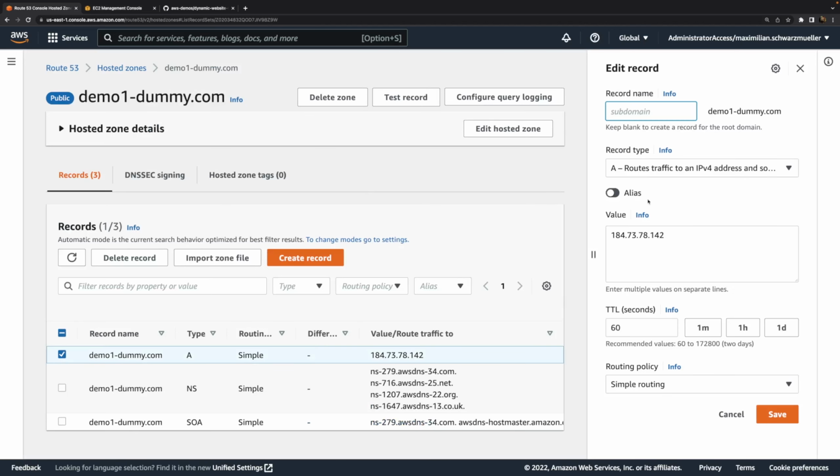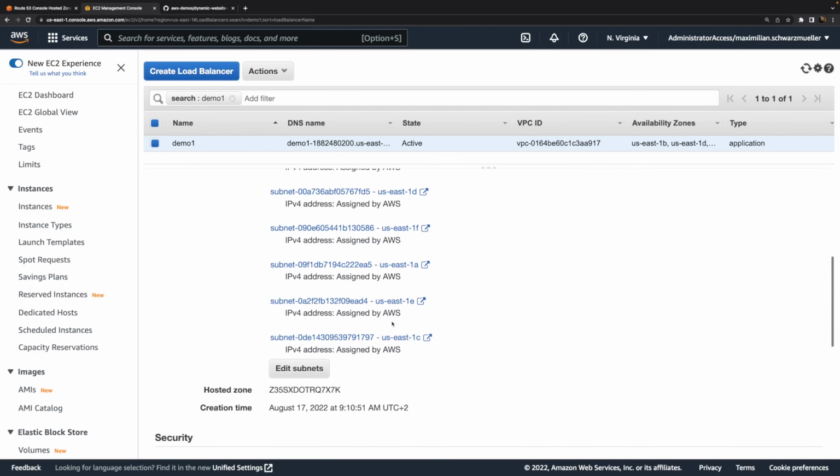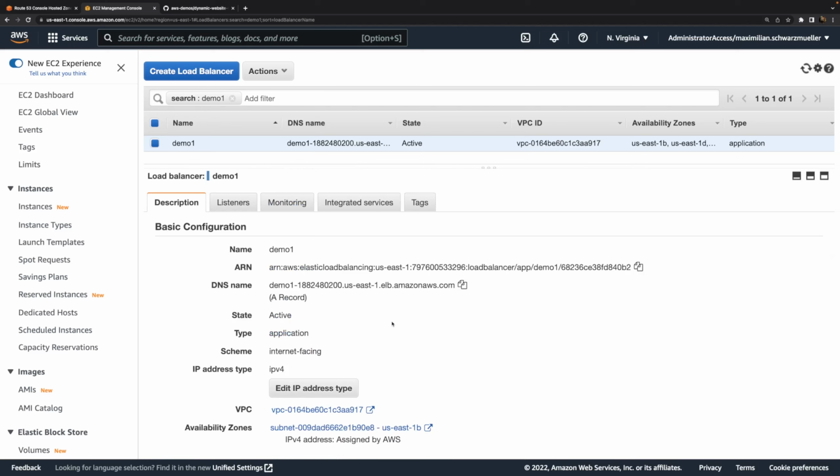But now we don't have an IP address we can put in here because the load balancer, the application load balancer at least, does not have an IP address which we can view or use. The network load balancer would have an IP address, but the ALB does not have that. Now we could come up with some construct where we have a network load balancer in front of an application load balancer or anything like that, but we don't need to do that.